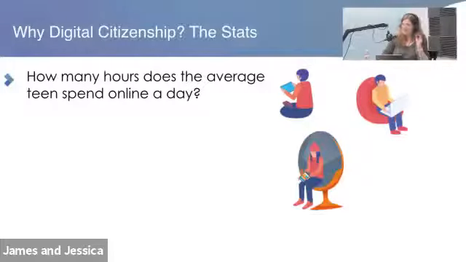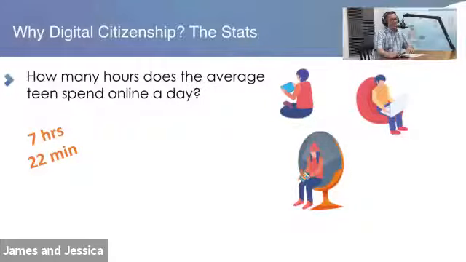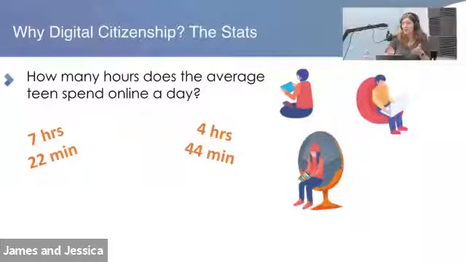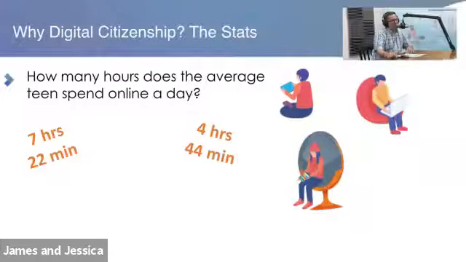So it depends. If you're talking about older teens, then you're a little far off. It's been a decade since I had teens at home. So teens between the ages of 13 and 19 actually spend on average 7 hours and 22 minutes, not counting school, engaged with their technology for the day. Now, if they're tweens, which is between the ages of 8 and 12, it's still over 4 hours, but 4 hours and 44 minutes is what their average is, which actually makes me think a lot about my son, because I have a 10-year-old and I'm like, wait a minute, does he spend almost 5 hours on his technology a day?